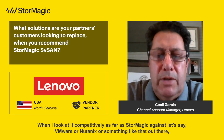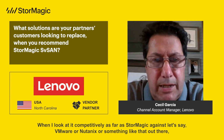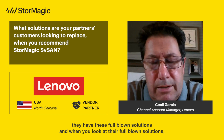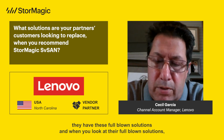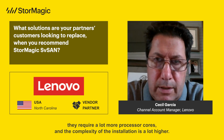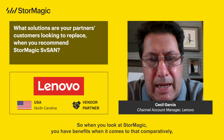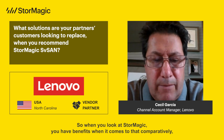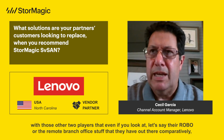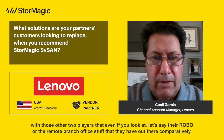When I look at it competitively, StorMagic against, let's say, VMware or Nutanix, they have these full-blown solutions, and they require a lot more processor cores, and the complexity of the installation is a lot higher. So when you look at StorMagic, you have benefits comparatively with those other two players. Even if you look at their ROBO, or remote branch office, offerings,